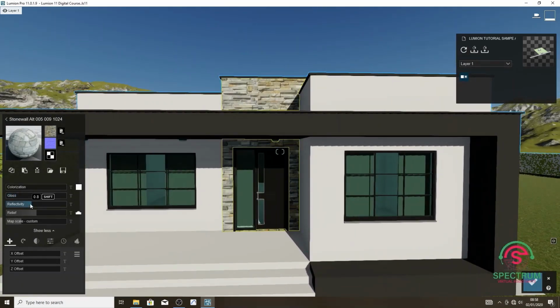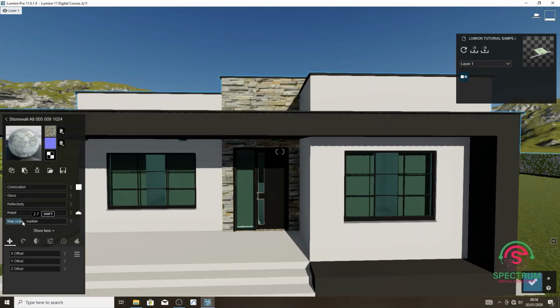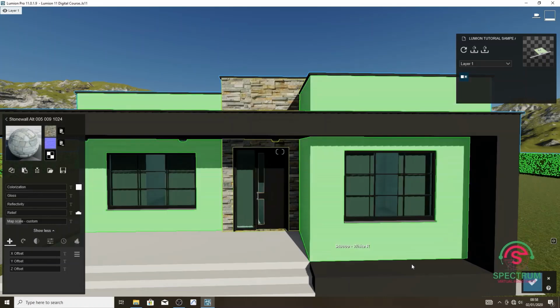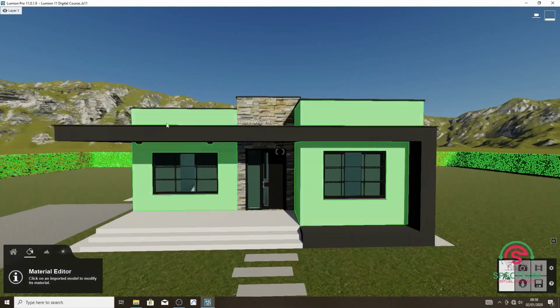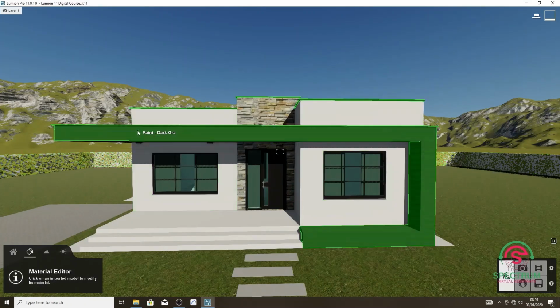So let's enter the settings of our material. So you change the scale. I'm going to make it that. And once I'm done, I'll click this part to save our material. So that's how you can import or save a new material in Lumion. The next step that you're going to do is